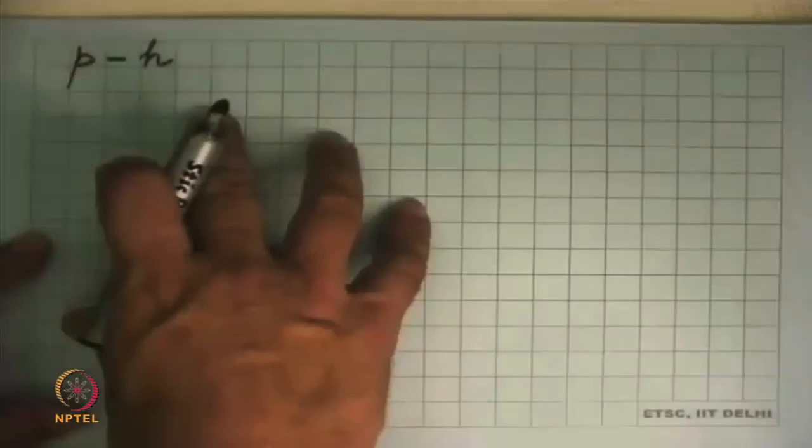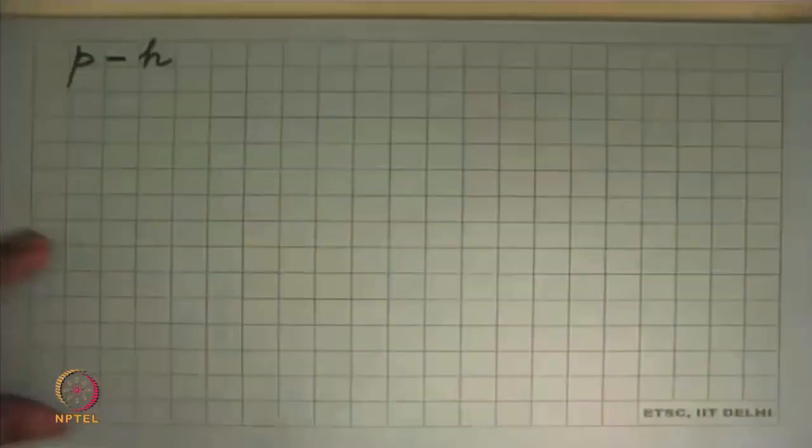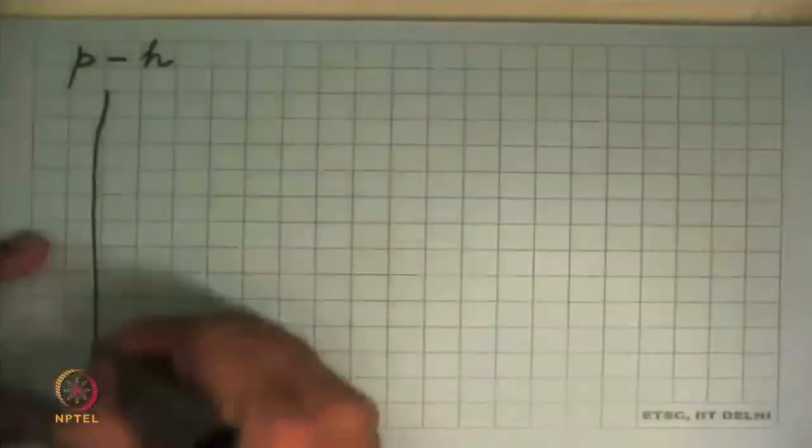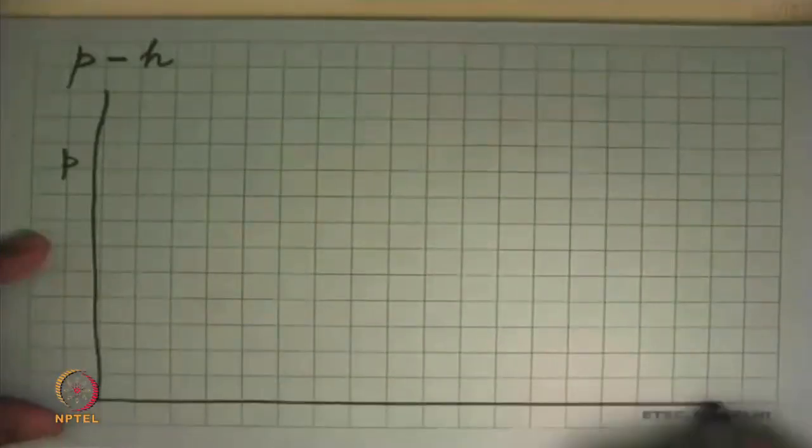But one needs to understand what the diagram is telling us, how do I know that I'm doing the right thing, and in case I made a mistake, how do I correct it? So I'll briefly describe the appearance of this diagram and the different regions on it, then I'll show you some real pH diagrams, and then we'll see pH diagrams for many other substances. So on the y-axis of the pH diagram we have P, and on the x-axis we have specific enthalpy H.